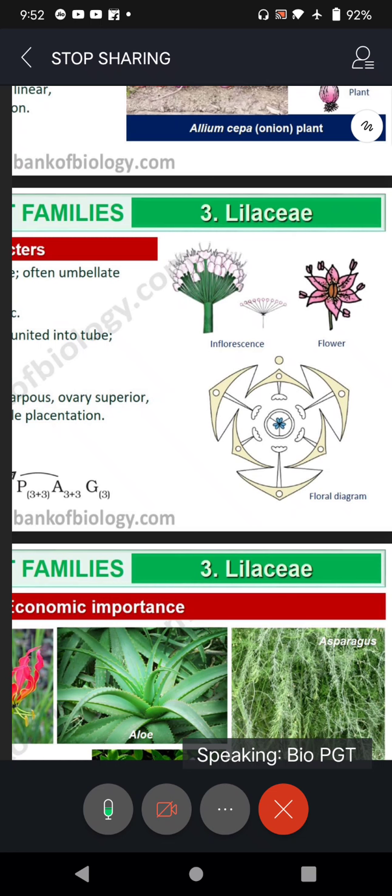So today after my class, I am expecting you to draw two floral diagrams. One is floral diagram of Solanaceae, floral diagram of Liliaceae. Two diagrams and two floral formulae. Is it okay? Am I clear? Yes, sir. Okay. I think now, yes. Tell Raghavendra. Yes, it's clear, sir. Yes.